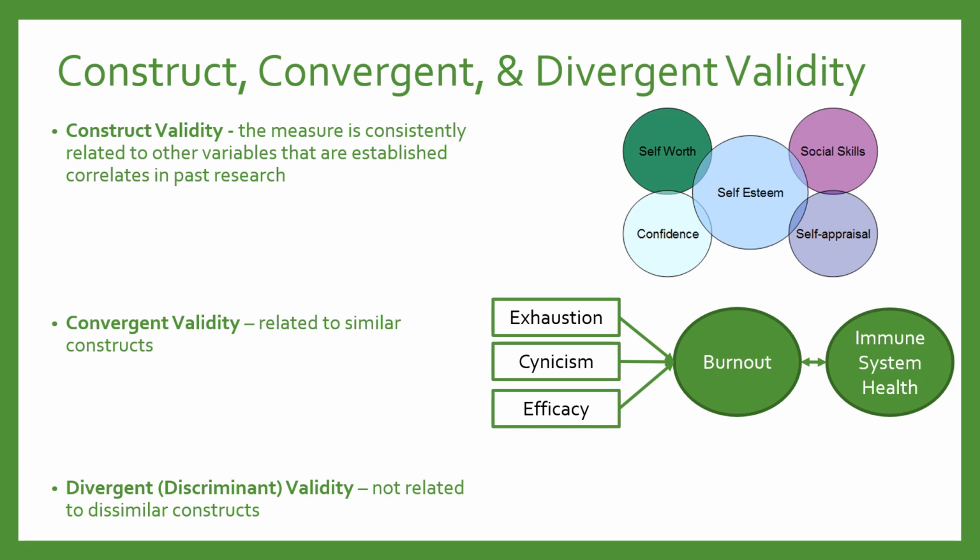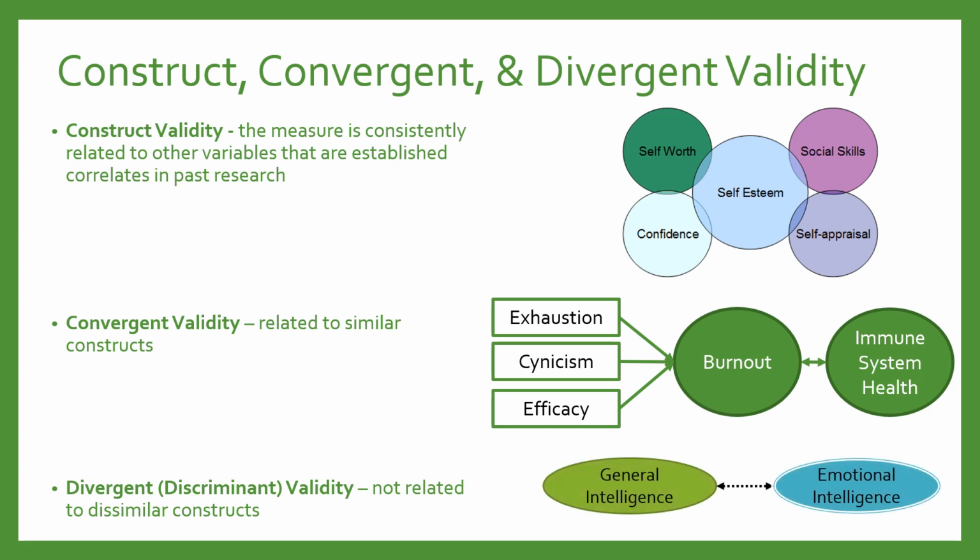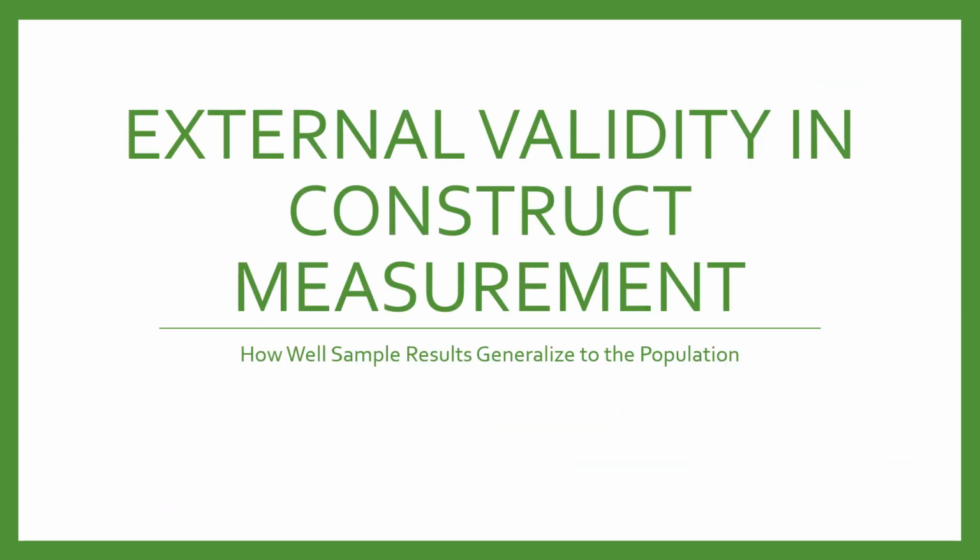Discriminant validity is determined by making sure that scores on a survey scale are weakly correlated with scores from a previously validated survey scale measuring a construct that should not be related to it. So for example, IQ scores that are measuring general intelligence should not be strongly correlated with emotional intelligence, which is a totally different construct. So now that we've focused on internal reliability, how consistent measures are, and internal validity, how accurate those measures are at tapping into our constructs,